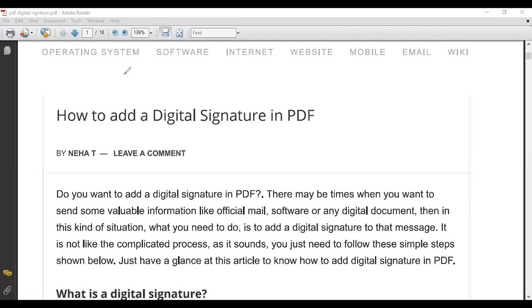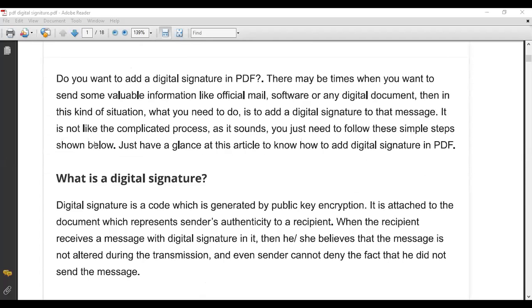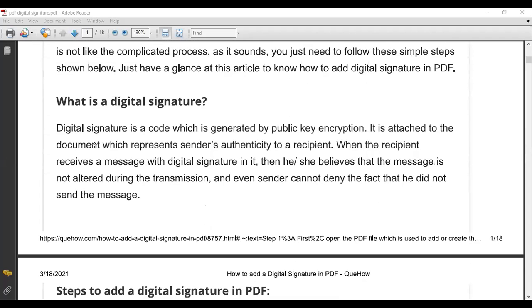Okay, this is one of the PDFs that I want to show you: how to add a digital signature in a PDF. They have given this idea with comments over there. Now, first of all, the digital signature that you have learned, you have to put in public key encryption.